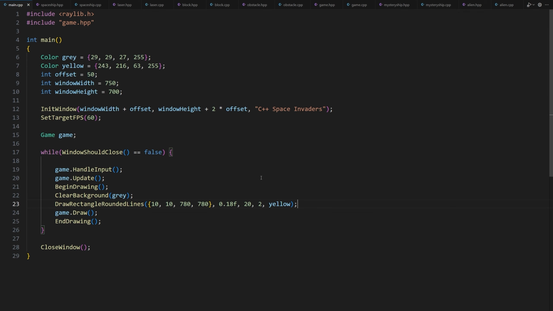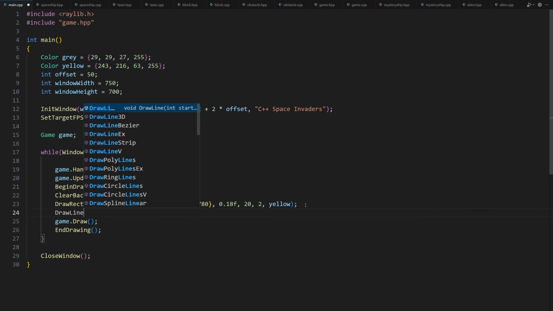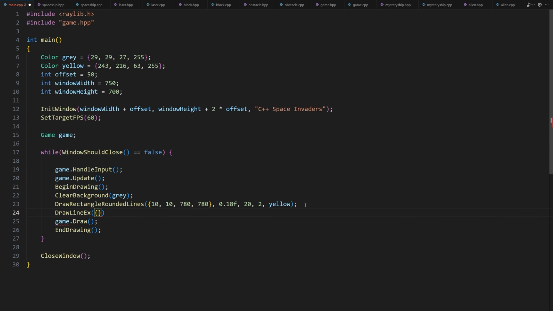After drawing the rounded rectangle, let's draw a line. DrawLineEx parentheses, curly brackets 25, 730, curly brackets 775, 730, 3, yellow. We use the DrawLineEx function of Raylib to draw a horizontal line on the screen.